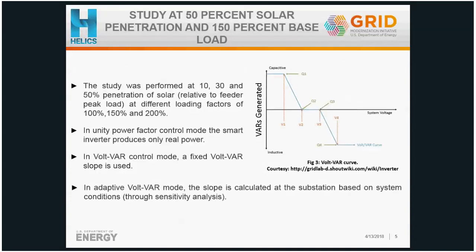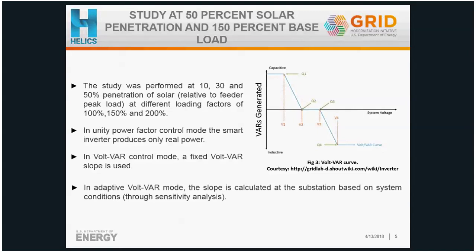Moving on, I'm going to talk a little bit about the Volt-VAR scheme that we want to analyze here. We wanted to specifically analyze 3 different scenarios, right? We wanted to analyze different levels of PV penetration. So we started with 10%, and then we scaled up to 30% with respect to the peak load. Then we scaled up to 50%. And we did this at different levels of stress in the system. So we started with the base case, then we increased the loading by 50%, and then we increased the loading